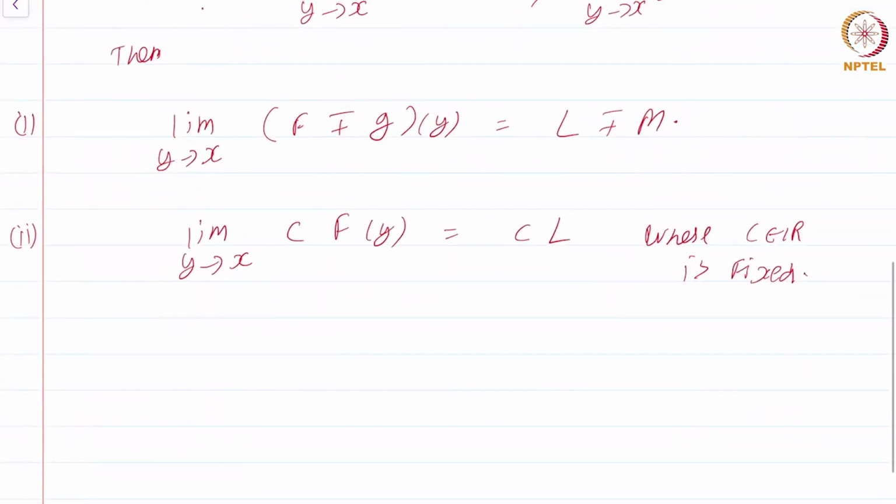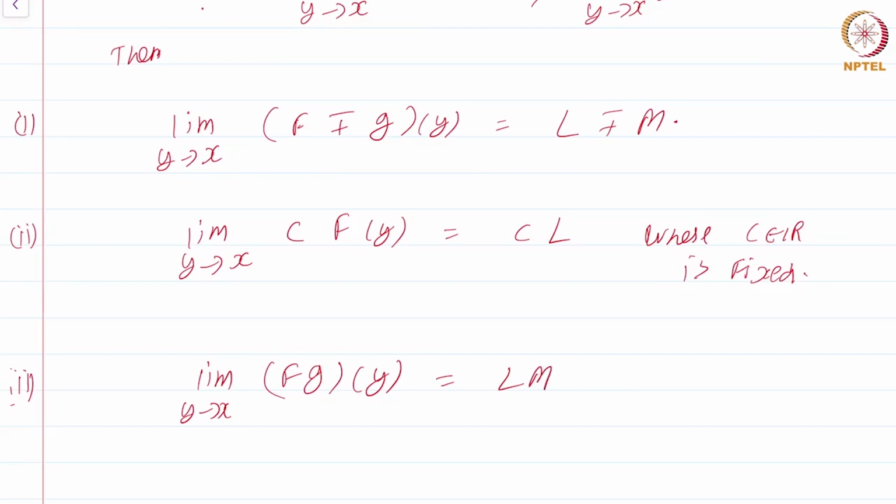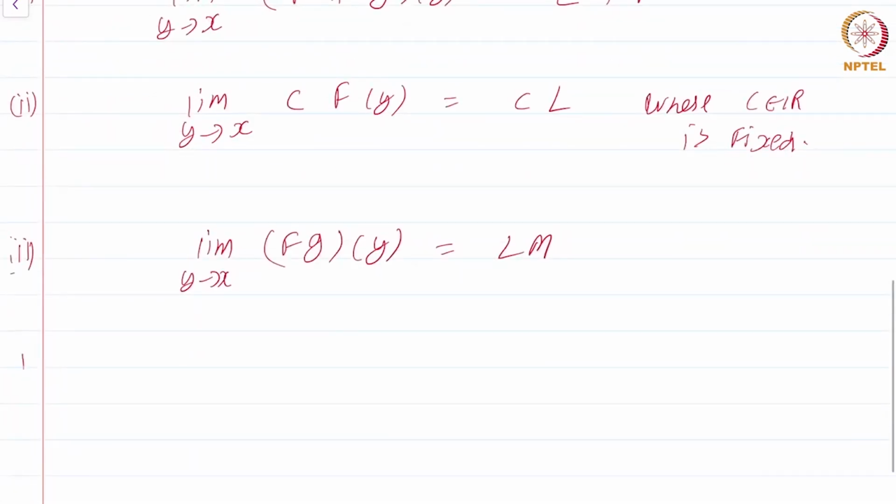Number three, the limit as y goes to x of f g of y, the product, is equal to LM. And finally, I need to put one more condition. If M is not equal to 0, then